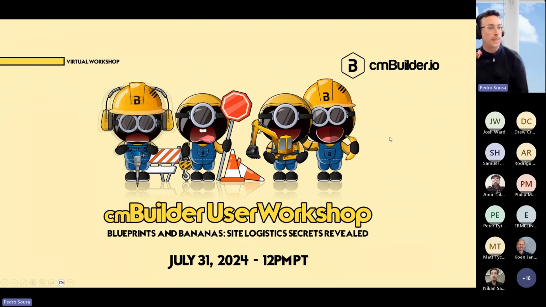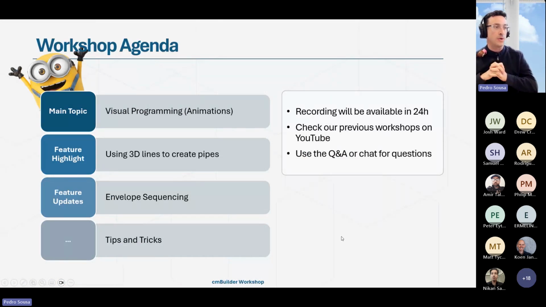So the main focus for today is going to be our visual programming, right? This is something that a lot of customers ask our team for help with, and we are always super happy to help and show you guys around. But I wanted to bring this back today for more of a deep dive, just to go through some of the basics. This might be a repetition for some of the users that have been using the platform for a while now, but I'm sure you are going to find something interesting in the second half of the